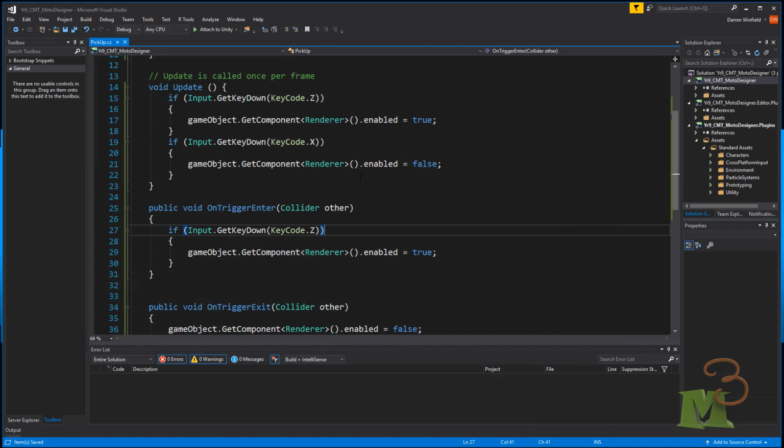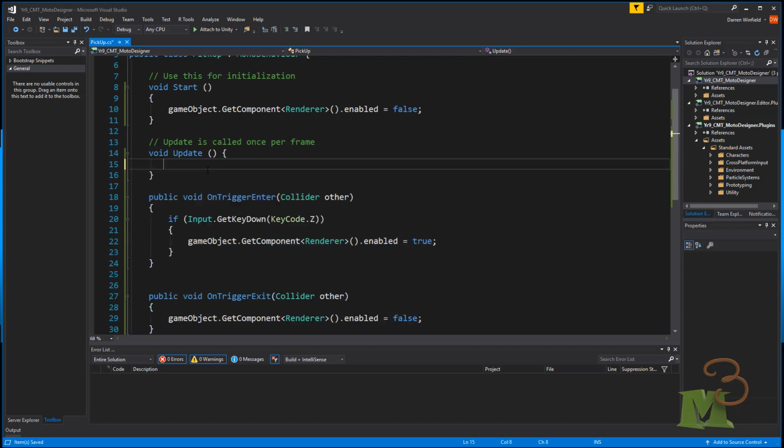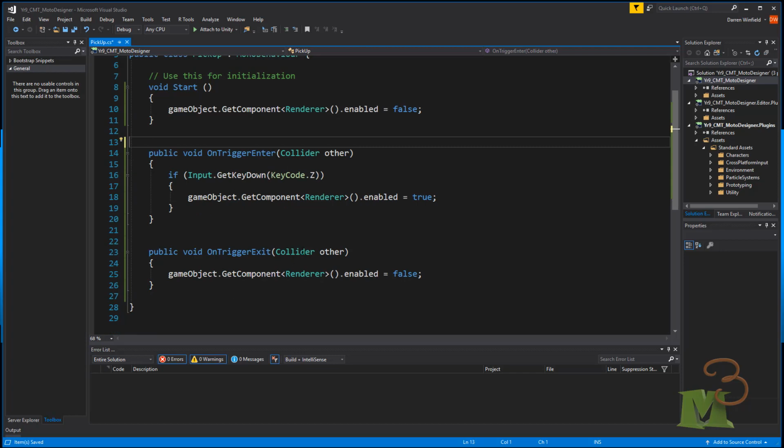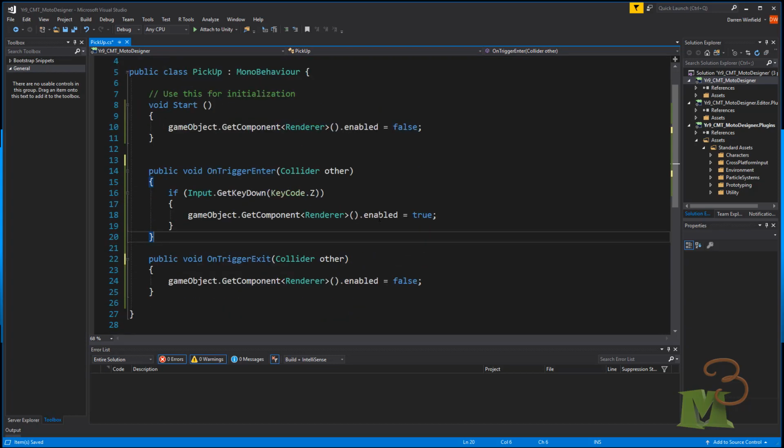I think that's enough. So by the time we get to the end of this, we need to get rid of or clean up our learning. So we're not using the update method at all. So we could arguably get rid of this. And we are using the OnEnter trigger, and we are using the exit trigger to hide it. And Z at the moment is our interact key. We can move that later. Cool. Hopefully that has helped